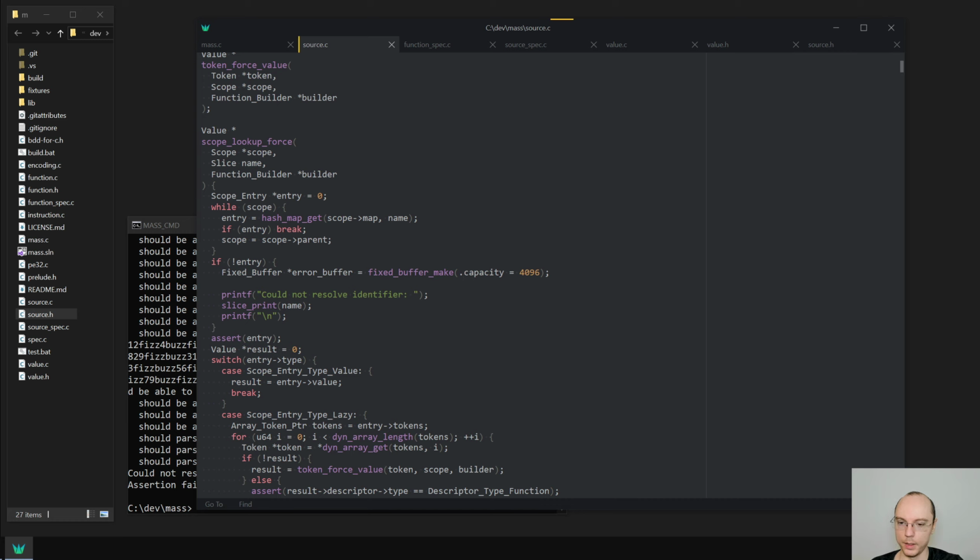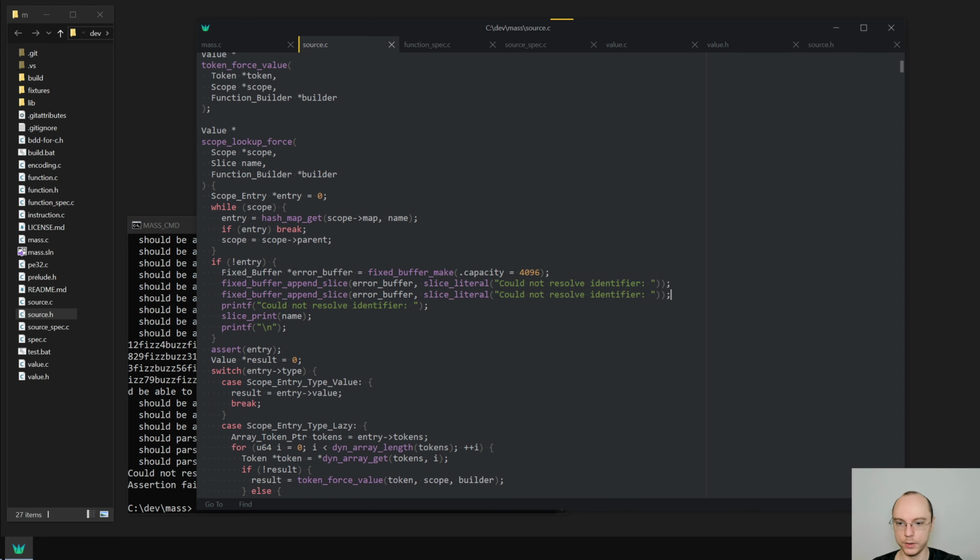Okay, and when we say fixed buffer append slice literal error buffer, we're just kind of using the fixed buffer as the string builder in other languages, if you have encountered that. Okay, slice literal, and now we are able to actually append our name,